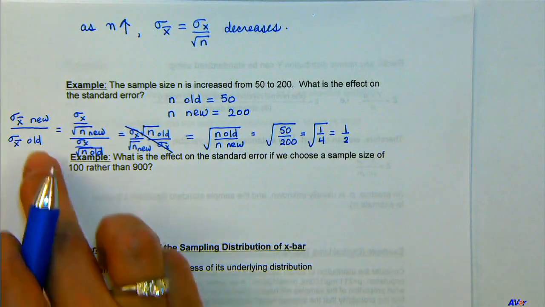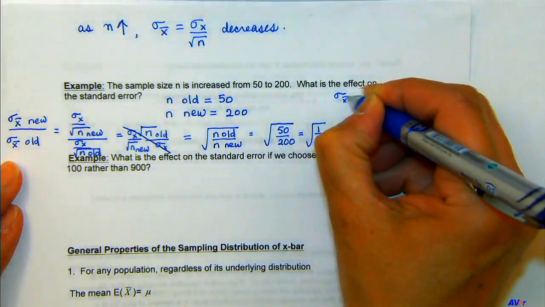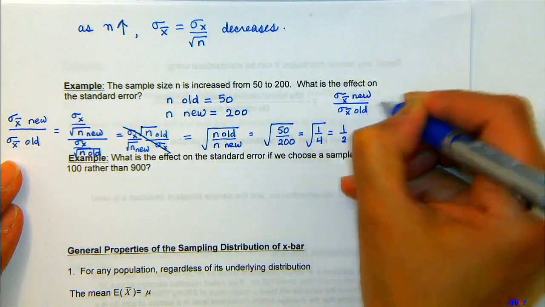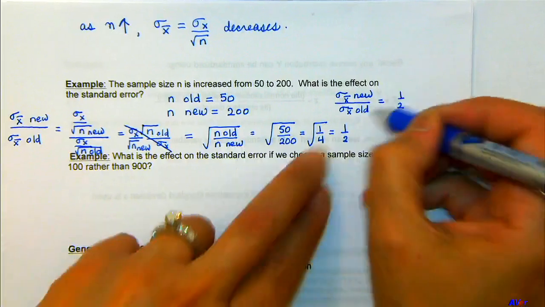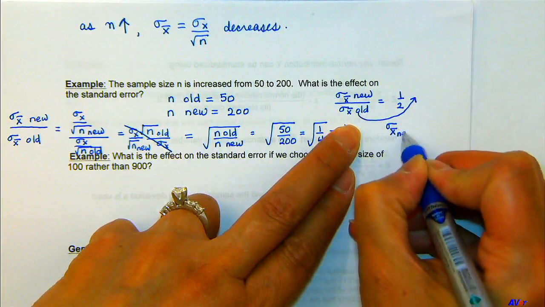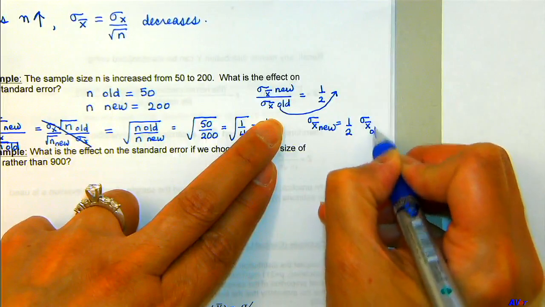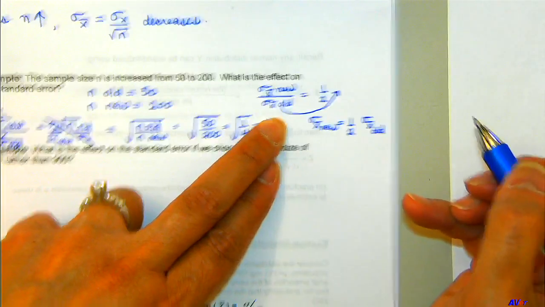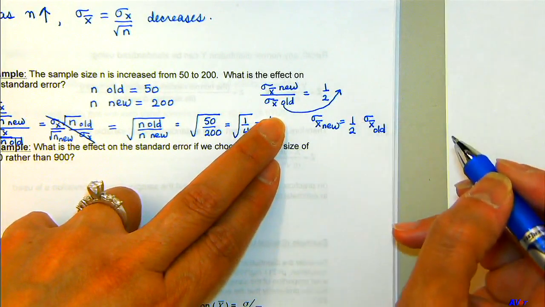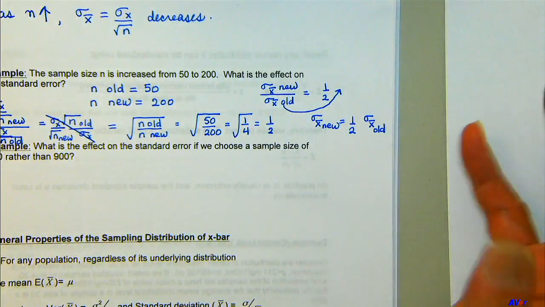And then bring this guy back up. So right now it's saying this, sigma x bar new over sigma x bar old equals 1/2. So I want to bring him back up here. So I get sigma x bar new equals half of sigma x bar old. So it's saying that the new standard error will be half of the old standard error if you quadruple the sample size. It's no surprise because